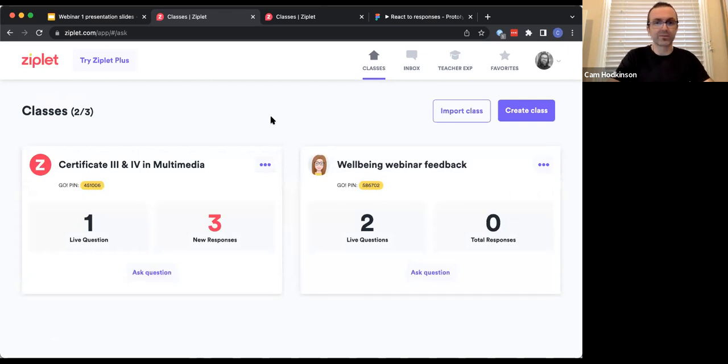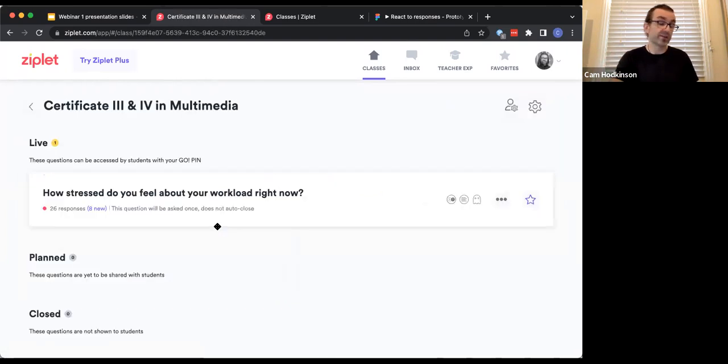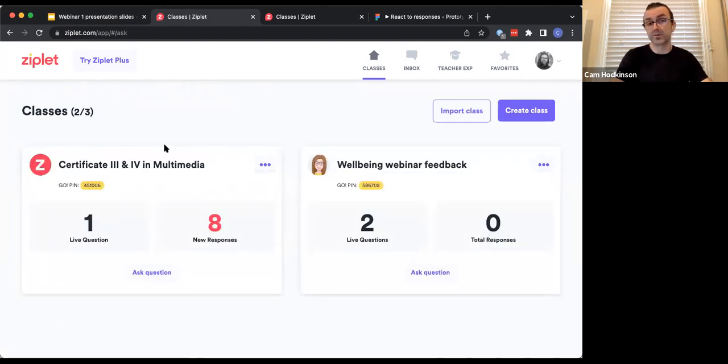And we'll just do a quick 10 to 15 second wait while we collect those responses. You can see them quickly ticking up. There's a really nice thing about Ziplet as well, using it live in class with students as you're working with them. You can see the responses coming in. I do speak to a number of teachers who quite frequently use the word cloud to spark discussions at the start of classes or during a class. And they take live polls, which is a really nice way of using those charts.